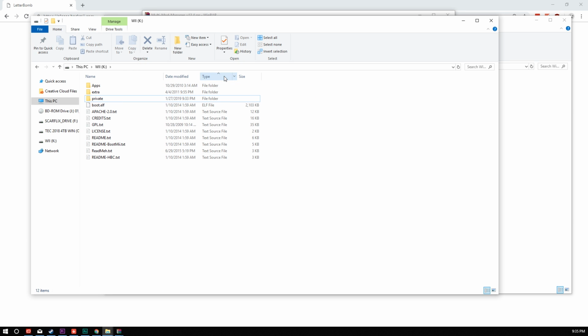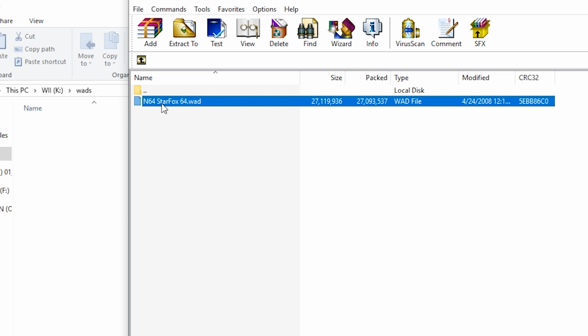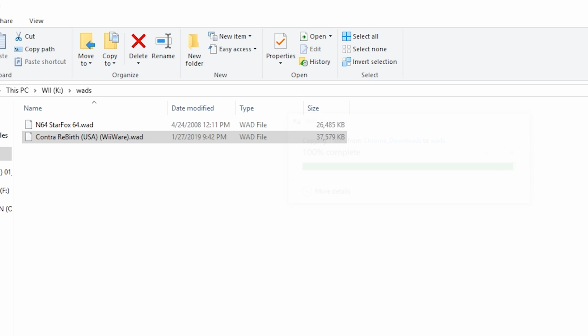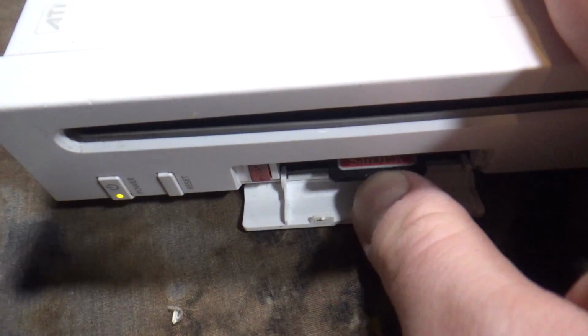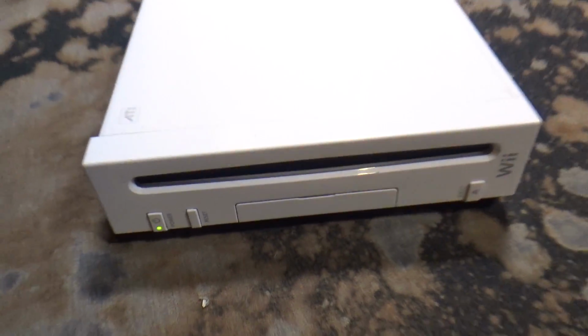Just make a directory called WADs, and this is the folder that you put the WAD files that you're going to want to install onto the Wii. Obviously, we can't tell you where to get these, so, Google some shit. I chose a Virtual Console game because I've never played Star Fox 64 with a GameCube controller, and I put the Konami Rebirth trilogy of Castlevania, Contra, and Gradius. After that, I just put the SD card in my console and turned it on, and now you have to